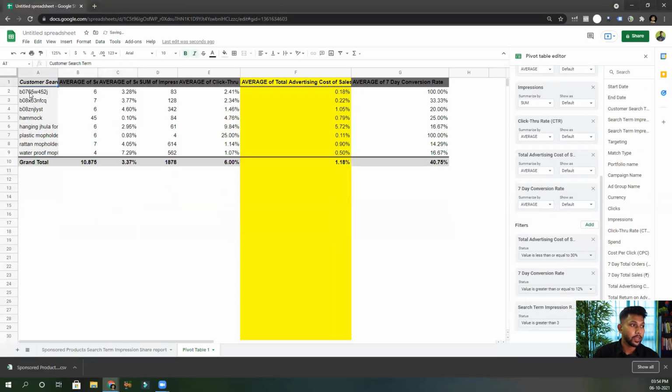Here you can see all these search terms have good ACOS and super good conversions, but still they are not getting a good rank or good impression share. Out of 100%, I'm just getting 3.28% of the impressions of the ads. There is 77% more left. So if I can get more impression share, obviously my product is going to convert more.